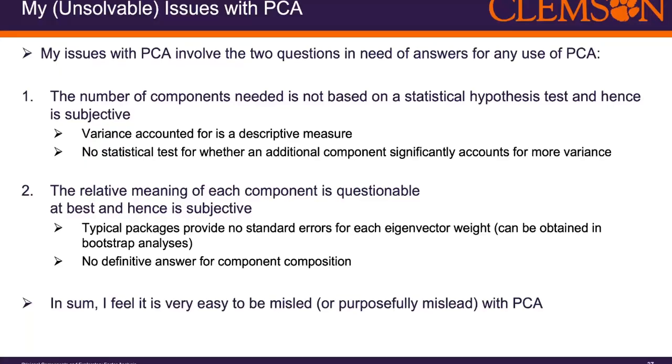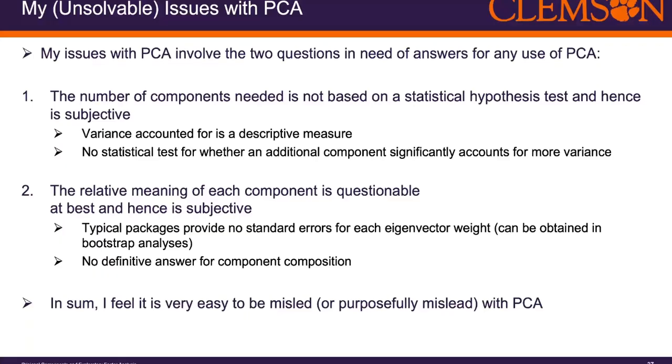But there are some other unsolvable issues of principal components analysis. Issues meaning more in its use in interpretation. They really fall under the subjective use of it, based on those first two questions of what we'd have to use PCA for. The first is that the number of components needed is not based on a hypothesis test, and it's very subjective,